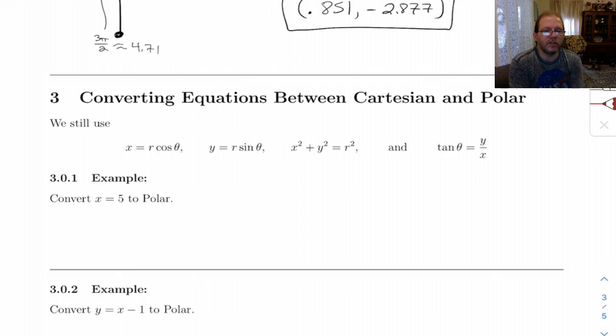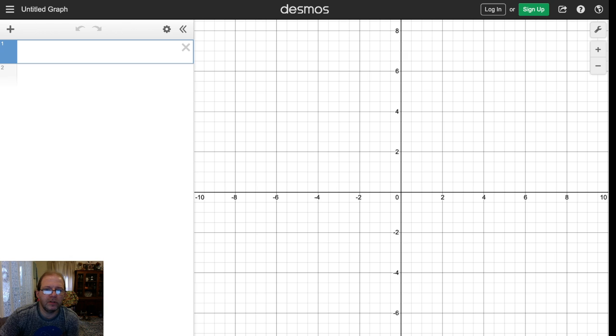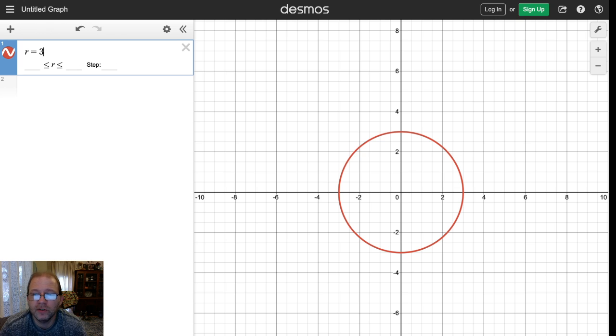Right, I want to look at converting equations between Cartesian and polar. But before we do that, let's look at Desmos for a minute, because I want to show you how to use Desmos to do things with polar coordinates. On Desmos, if you type in r equals 3, notice it gives me a circle